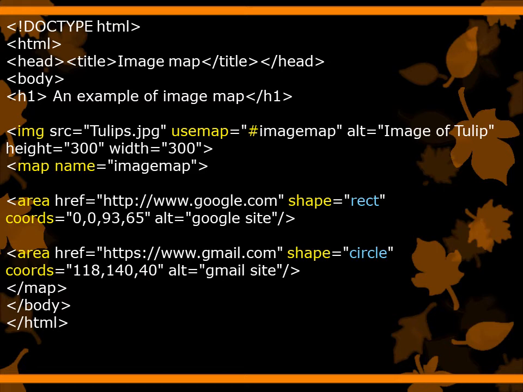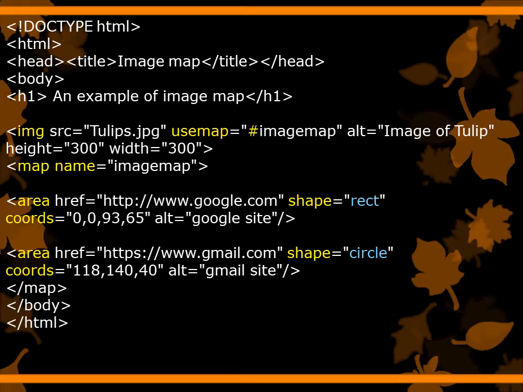So see here, in this program we are using client side image mapping, and it consists of 3 tags, that is image, area and map. Image is used to insert the image, map is used for mapping to that image, and area is used to specify the clickable area.